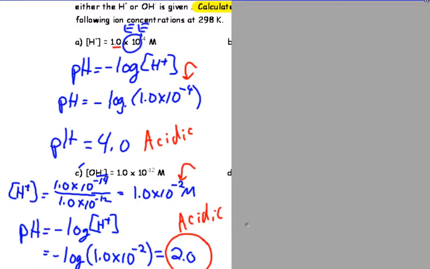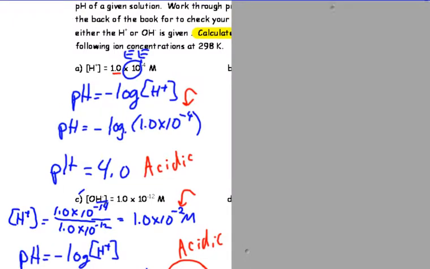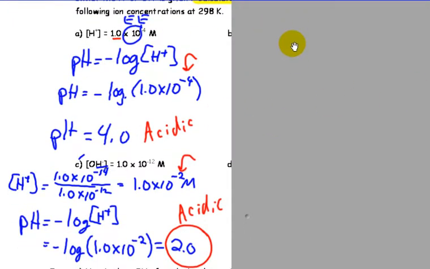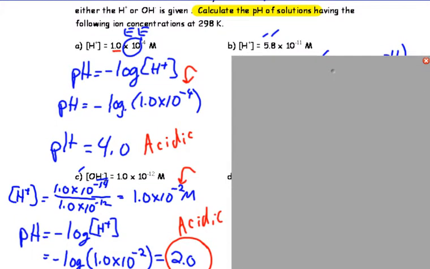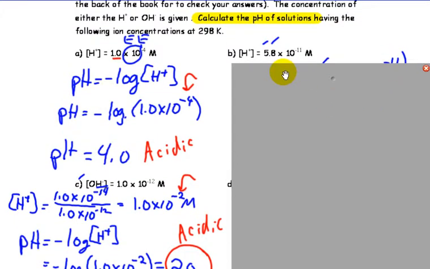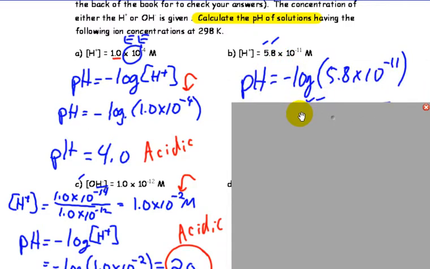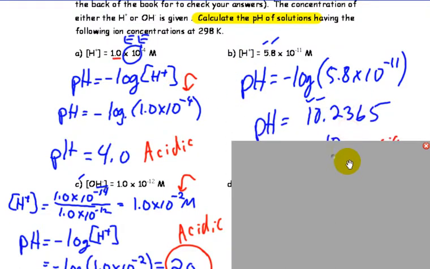Welcome back, Chemistry 30. This is the second part of the 19.3 booklet. I left you with these questions here, B and D, looking for the pH of the solutions having the following concentration. So here we have the hydrogen ion concentration, 5.8 times 10 to the minus 11. So easily enough, you just put it into pH equals negative log of the concentration of H, and we get